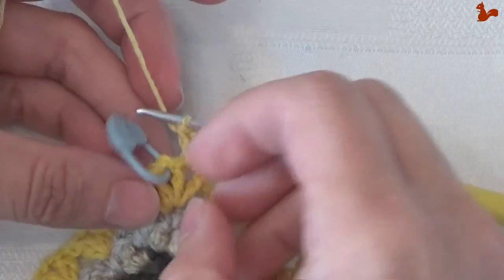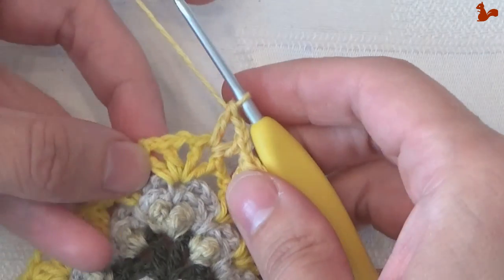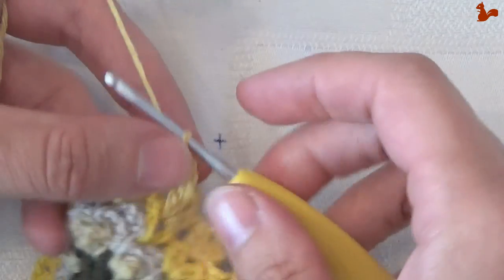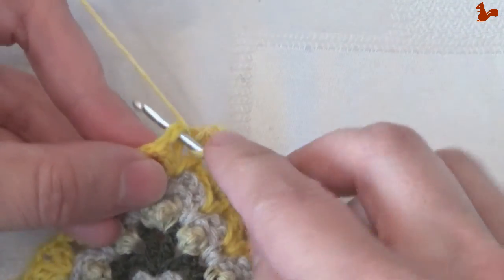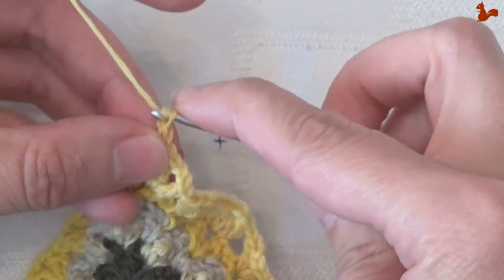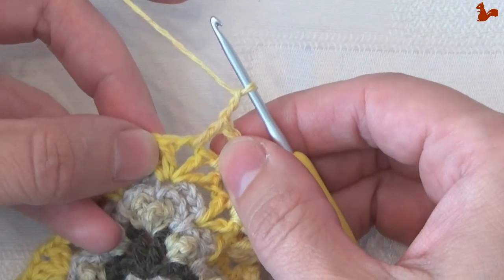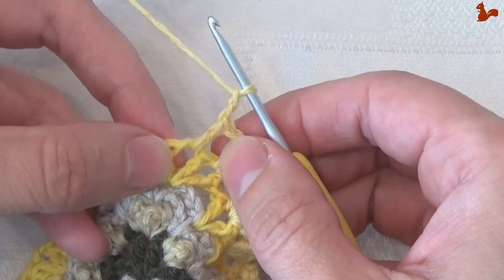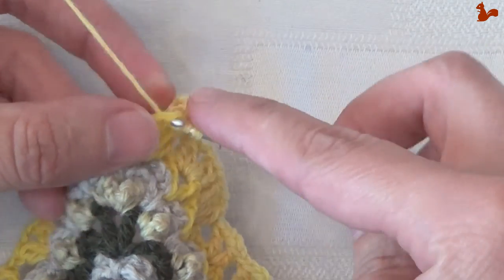So we're going to work in the corner. I'm just going to remove the marker for the moment. And in the next space, chain 1 and a treble in the space, and a chain 2. We're going to do this 3 times, so you're going to have 4 trebles in this space. This is the second treble,